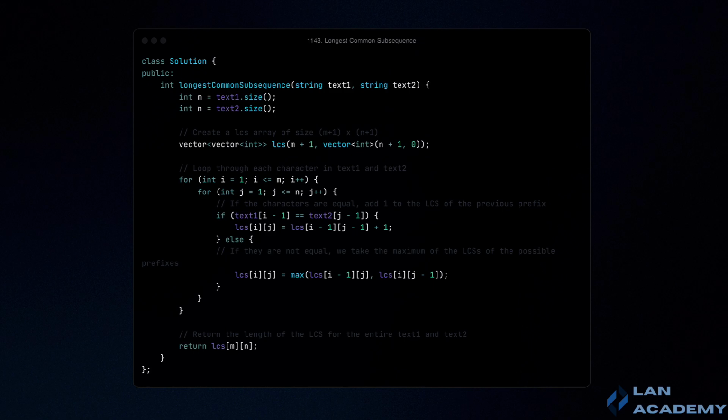In conclusion, dynamic programming provides an efficient and intuitive solution to the problem of finding the longest common subsequence between two strings. By storing intermediate results in a two-dimensional table, the algorithm avoids redundant calculations and ensures optimal performance. The systematic traversal of the two strings, combined with the update of the LCS table, guarantees that we correctly compute the maximum length of the common subsequence. This method is particularly well suited for handling strings of considerable length, making it a powerful tool in solving similar